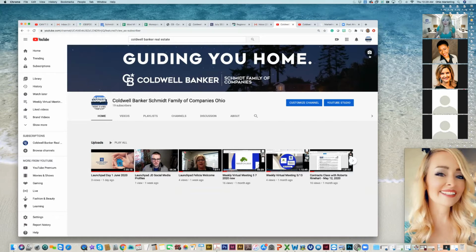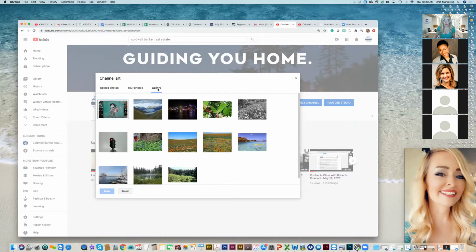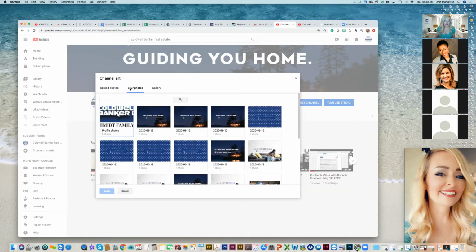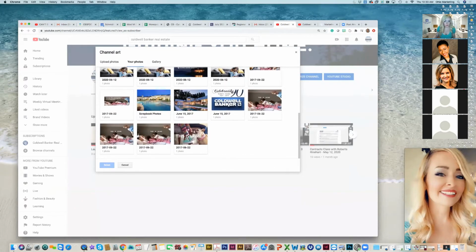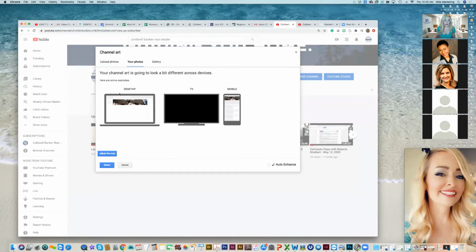What you might have had happen before is you would click on this, you would try to upload a photo. Let me see if I have one in my gallery. This isn't my gallery, it's theirs, so it's probably pre-made. But if I would upload a photo, let me see if I can grab an old one. Here, I'll grab this one. It would actually size it, select that. It would not work. And let me expand here, okay?